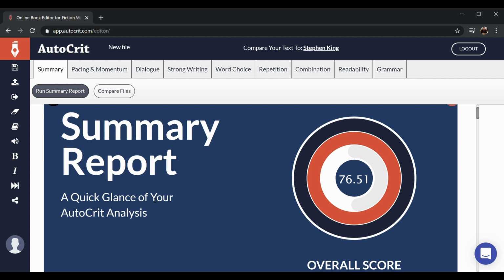then in that case, I think AutoCrit might be just what you're looking for, specifically because it does allow you to compare to either specific horror authors or the horror genre in general, and to use those comparisons to improve more stylistic things rather than just grammar problems. Of course, this is never going to be a replacement for proper editing, and in fact, they do not advertise it as a replacement for proper editing. You will still need to heed the advice of the editor at your publishing house, or if you're self-publishing, you still need to hire an editor to look over your work professionally.